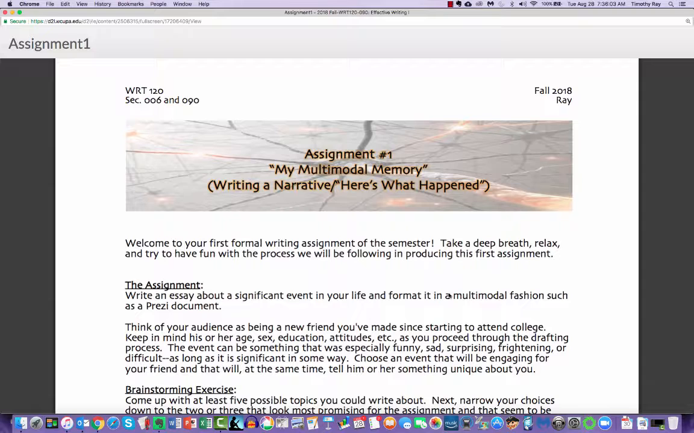Our first essay assignment is titled My Multimodal Memory, which is kind of my retitling of the assignment. The chapter in our text is Writing a Narrative, Here's What Happened. So this assignment is about constructing a narrative and then trying to unpack it, make sense of it, reflect on